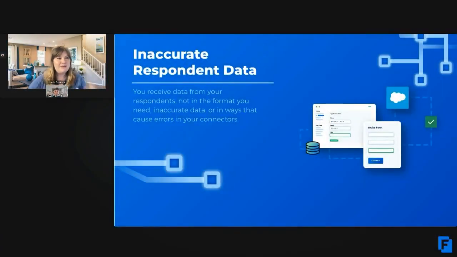A common trap that we've seen from customers is receiving inaccurate respondent data. So you may have received respondent data from your customers that might not be in the format you need, or just plain inaccurate data, or also in ways that can cause errors in your connectors, which is definitely not